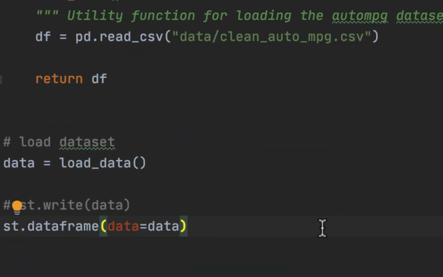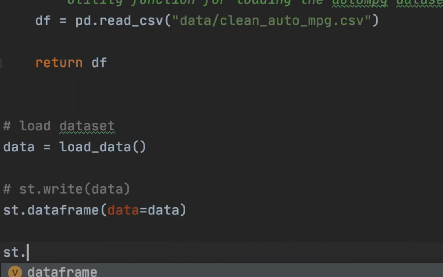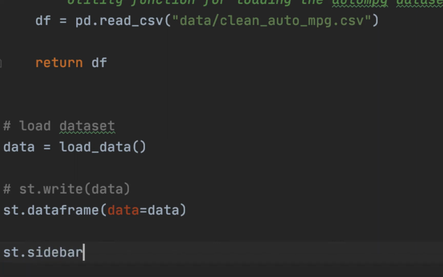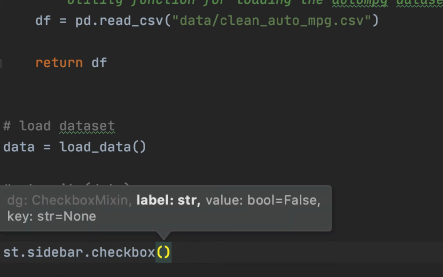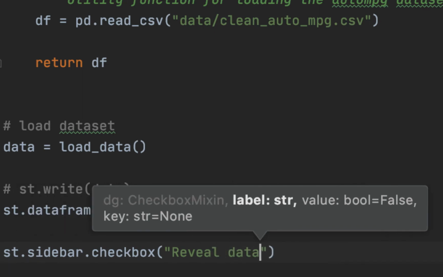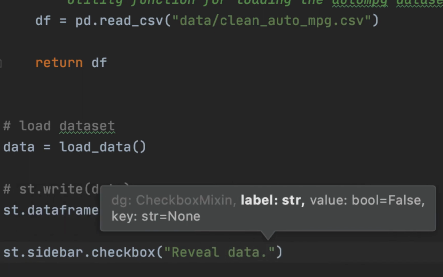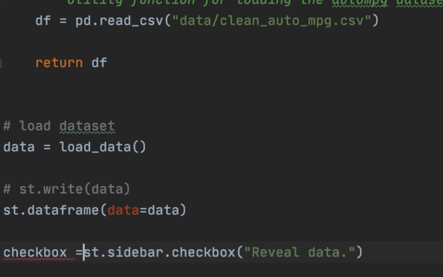So what we want now is to use a sidebar. We want something pretty. So let's say st.sidebar.checkbox. I want a checkbox that says review data. What we're trying to achieve now is we don't want to just always show the data, right? So we want that checkbox. Let's pass this as a variable. Let's call it checkbox. Checkbox equals to,